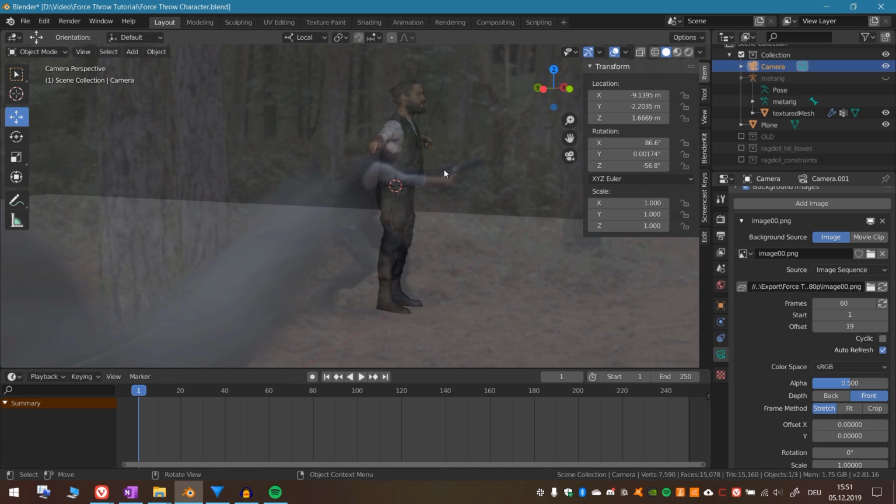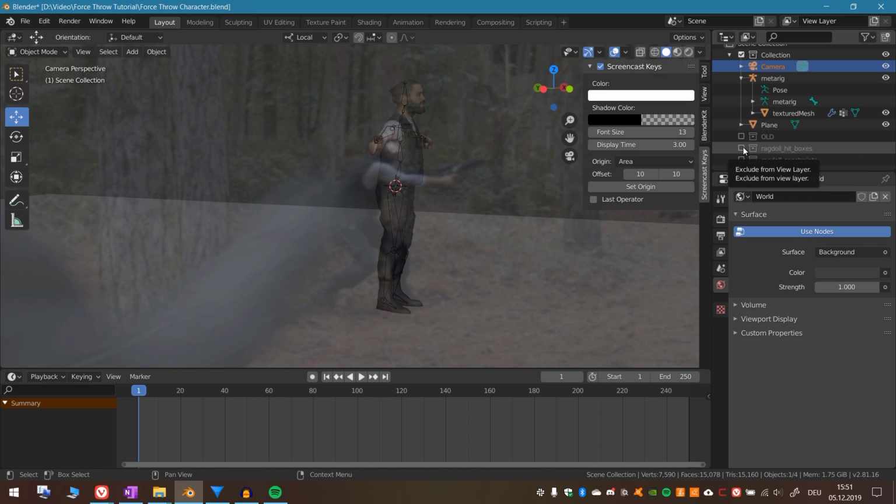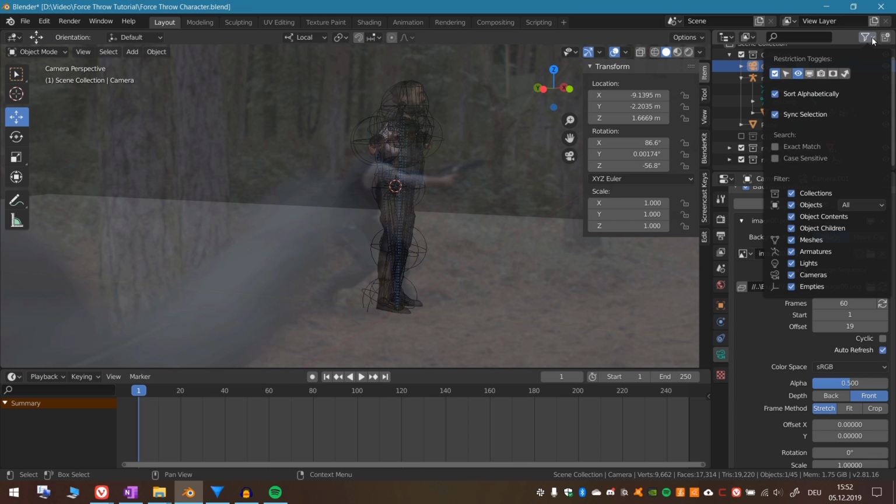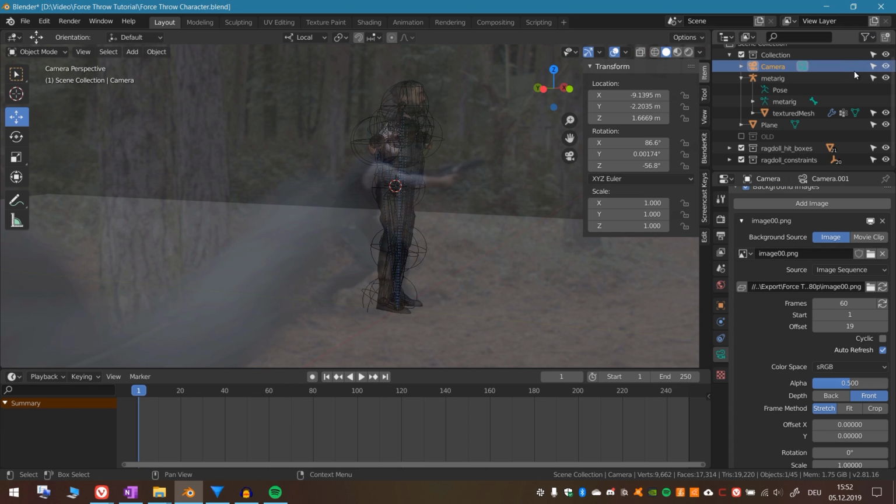Now let's get him into the starting pose. Show the hitboxes and the constraints. Click on this little filter button right here in the outliner and activate this selection button. So now we can choose which objects can be selected and which can't. So deactivate selection for the meta rig and the mesh and the plane, so that we can position the rest